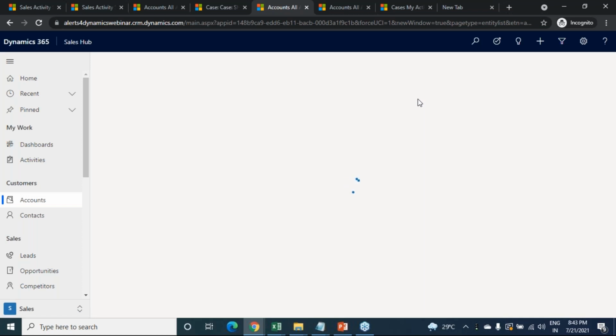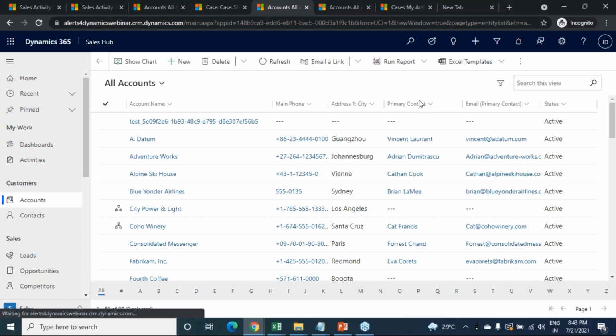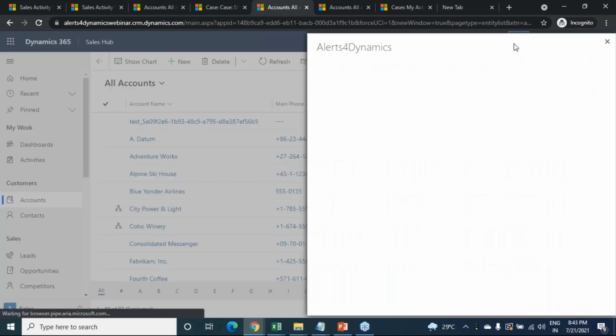It's getting loaded, so we should be able to see a notification. There you go. Here you see a new notification icon along with the red dot, which indicates that a new notification has popped up to the user. As John, I'm clicking on this notification to see what it is all about.